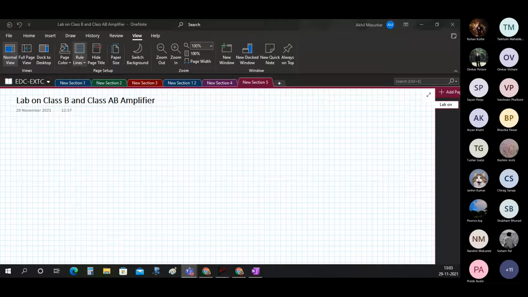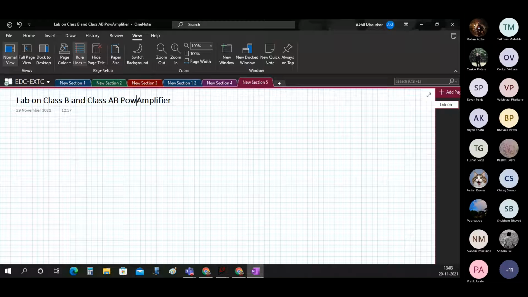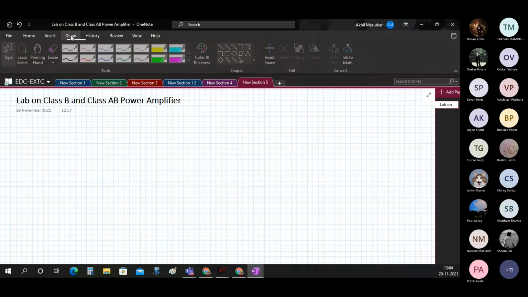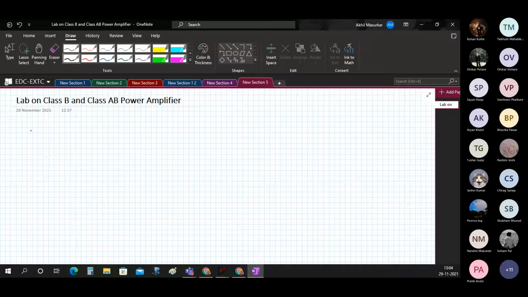So today, as I said, we are going to start with the class B power amplifier. So let me add one word here, that is power amplifier. One of the important things about the power amplifier is, when you are doing a circuit, certain things you have to remember, that we have to see